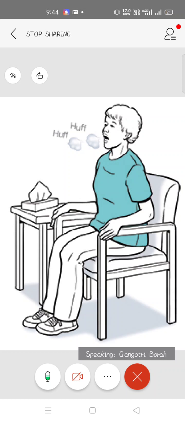So how do you do a medium volume huff? You take a normal breath in through your nose and then a long breath out through your mouth, as if you were trying to fog up or steam up a mirror. And the high volume huff, how do you do it? A deep breath in and a normal breath out, or huff out quickly. You only perform 1 to 2 huffs together, because repeatedly doing this will make your chest tight. So this is how you go for huffing, or the forced expiratory technique.